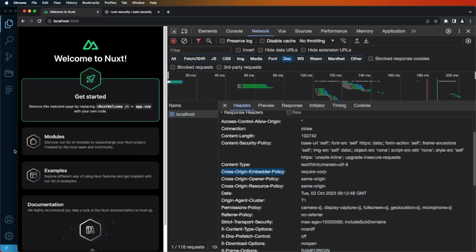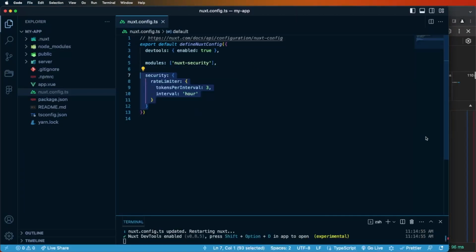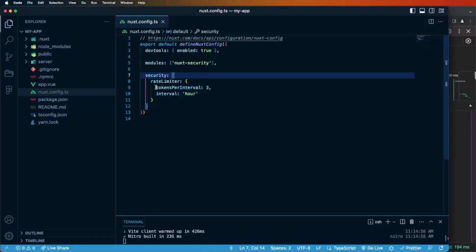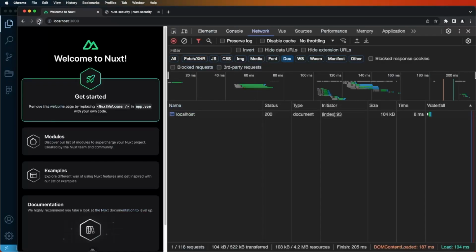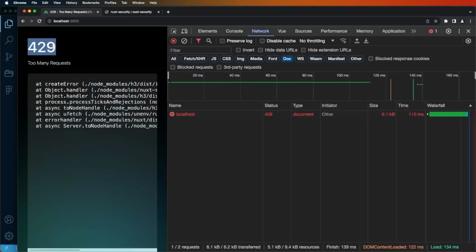But Nuxt Security is not only about the headers, because it comes also with security middlewares that we can also customize like this. What will happen right now is that this rate limiter will be triggered after 3 requests. So if I try to spam many requests to the application, eventually I will get 429 error and